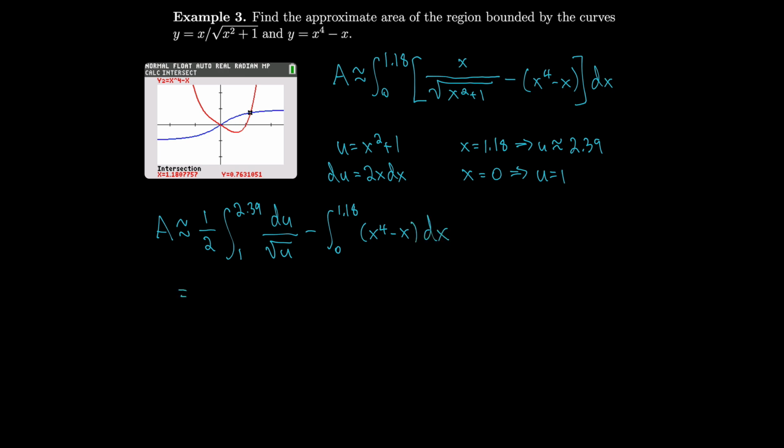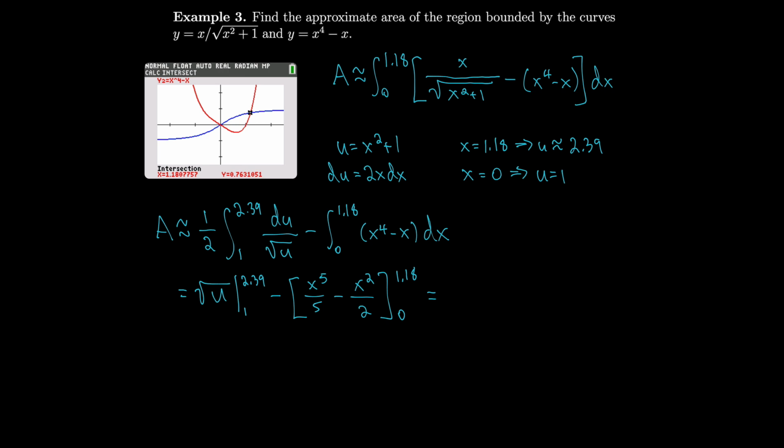So when we take our antiderivative, we get square root of u, because this is u to the minus 1/2, so increasing it by 1 gives you u to the half, which is square root of u. And then that will also cancel out our half. And for our other integral, we get x to the 5th over 5 minus x squared over 2, evaluated from 0 to 1.18,